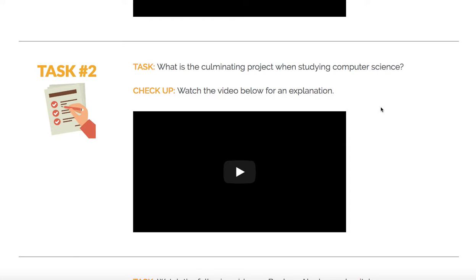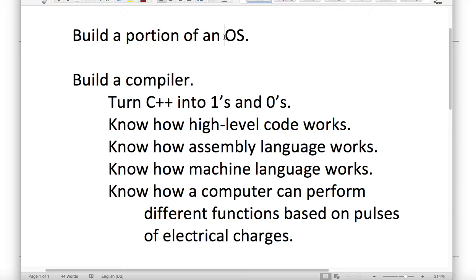And now looking back at my experience in the undergraduate computer science program, it's the same thing, right? I now see that the culminating project is the operating systems class and the compilers class, and so those are the two classes at the end of your 4 years that you take. And basically every class that you take before that is giving you the tools to complete these two classes successfully.